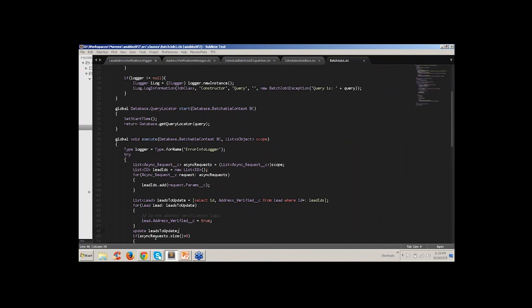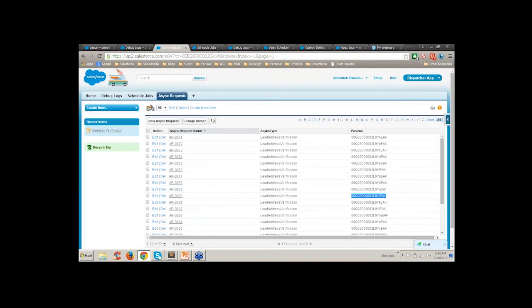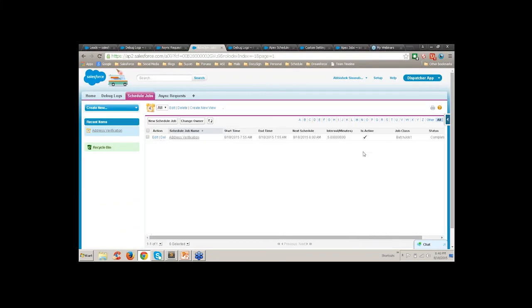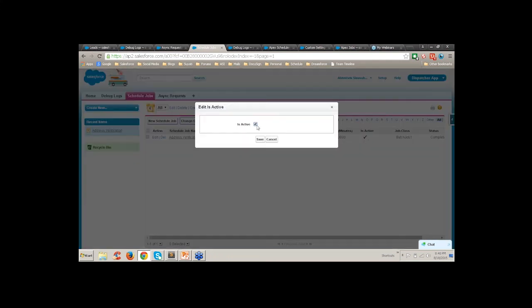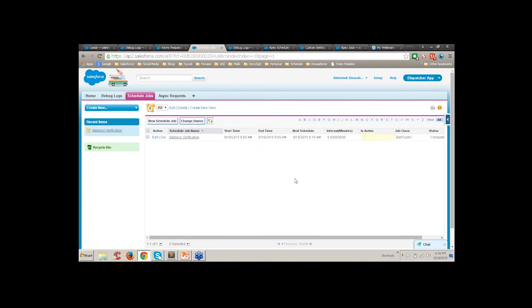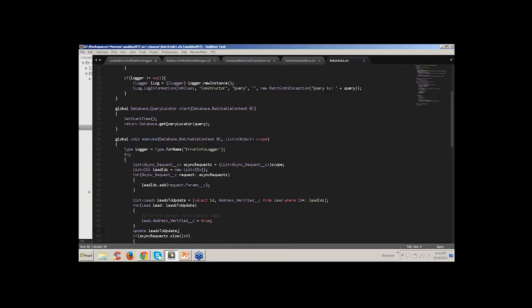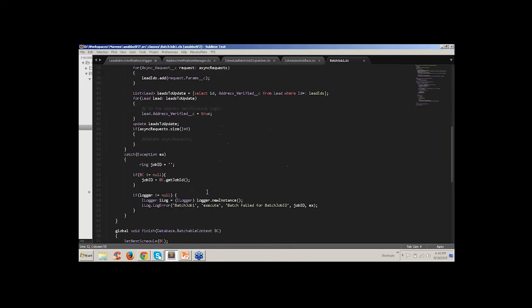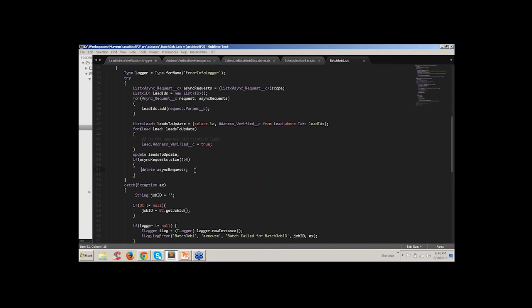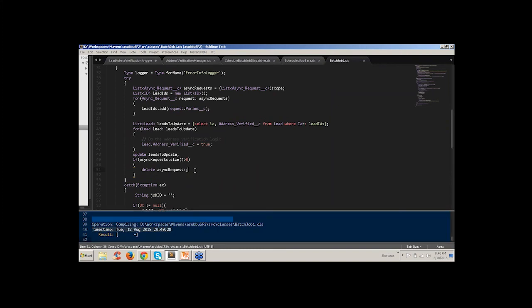When you take it from the sandbox, you need to go into the scheduled jobs, pick this record, make it inactive, and save it. Now I am sure that this batch job will not be picked up by the dispatcher. So now it is free to be edited. Now you can come to your IDE and start editing all these things. Maybe I can uncomment this line, then start saving it, and soon you will see that the code is able to get edited and saved.